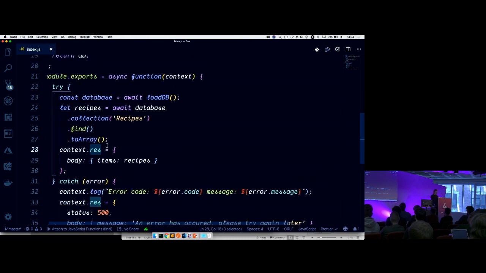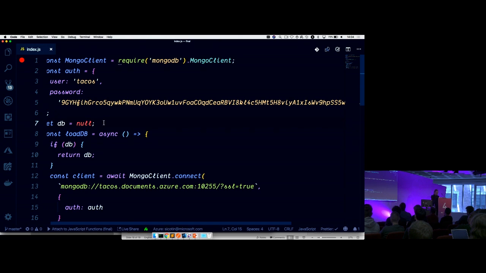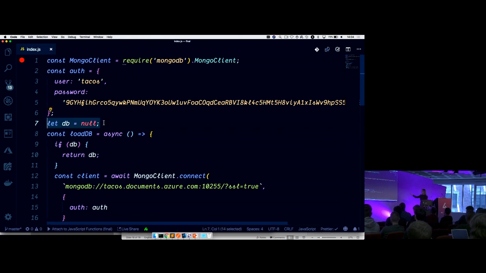So this is something that you've probably seen before if you've used Node.js or if you've ever read from a database before. One thing that I want to highlight here is the fact that we are initializing this object outside our function scope. This means that we are attempting to reuse the database connection throughout user requests. With serverless, we cannot store state. So if we want to store state somewhere, we're going to have to store it in a database or a queue or a blob storage because we don't have access to the local memory.